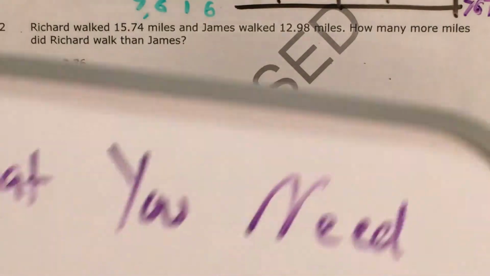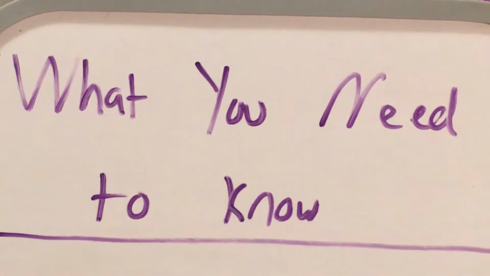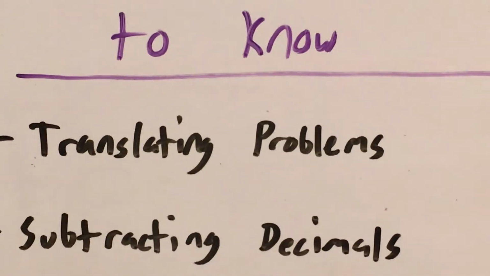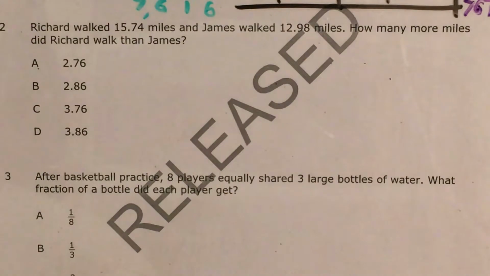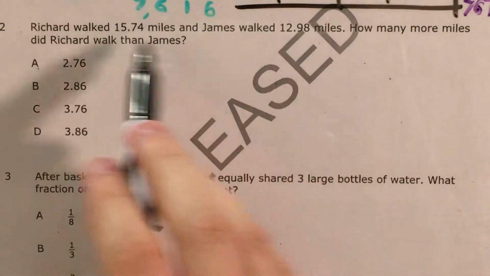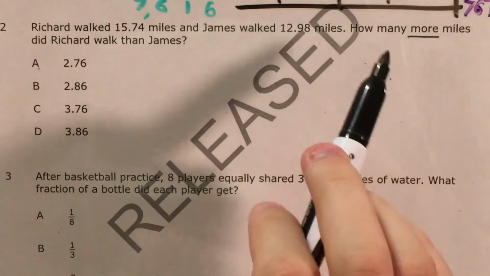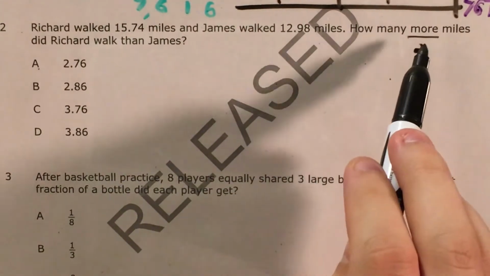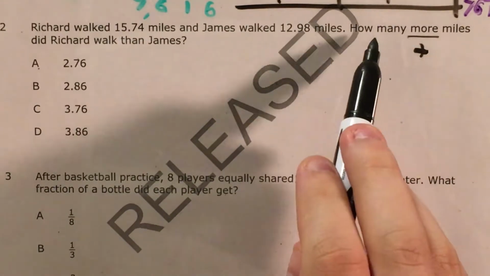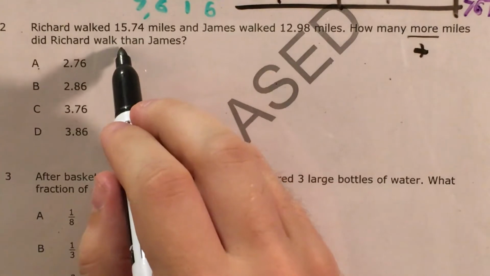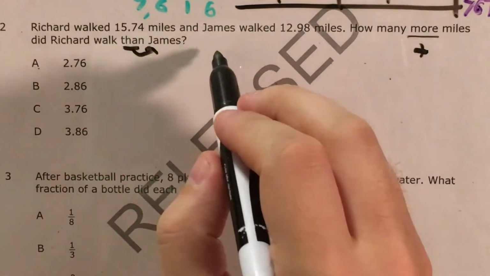So with that, in order to do really well in a question like this, you'll need to know how to translate your word problem, and also how to subtract decimals. We're eventually going to get to a point where we have to subtract some decimals. I'm going to look through my problem, and the key word that I'm going to find first is more. More tells me that I'm going to be adding something, and since it says how many more miles did Richard walk than James, since my then is attached to James, I know that